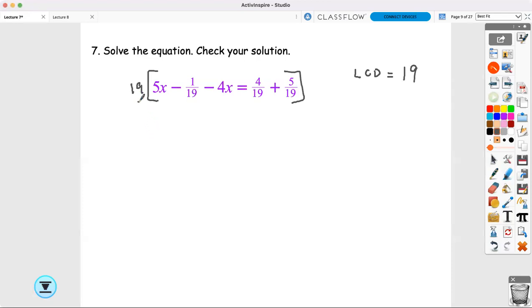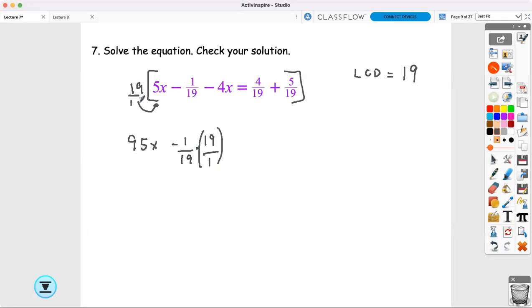Now we're gonna do 19 times 5x, which is 95x. Let me double check. 5 times 19 is 95. Yep, 95x. Then we're gonna do 19 times negative 1 over 19. That's a fraction, so we're gonna make 19 into a fraction by doing it over 1. So we get negative 1 over 19 times 19 over 1. You put a dot, you can put parentheses, it doesn't really matter,